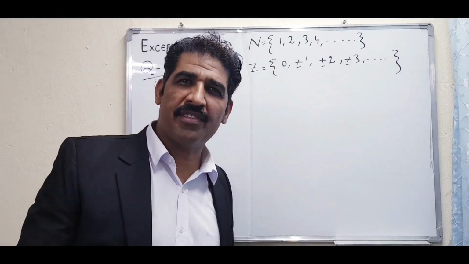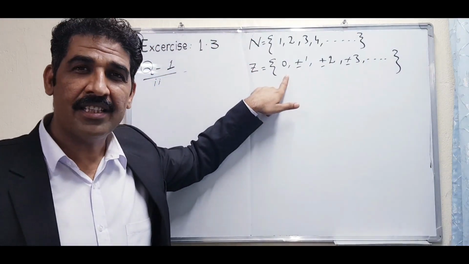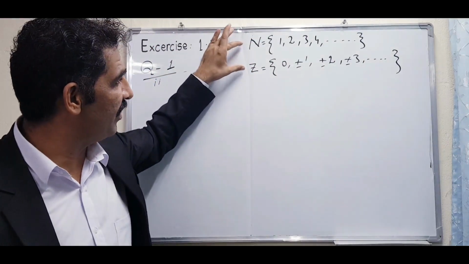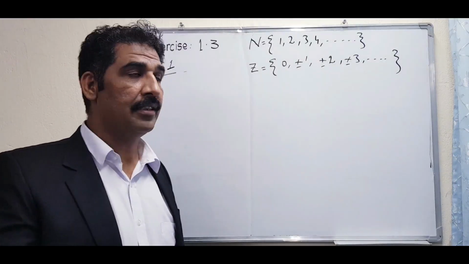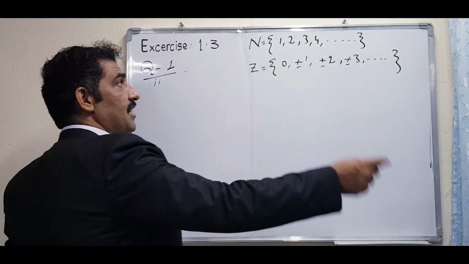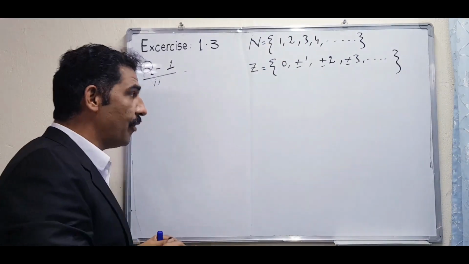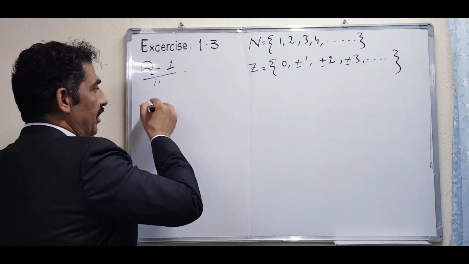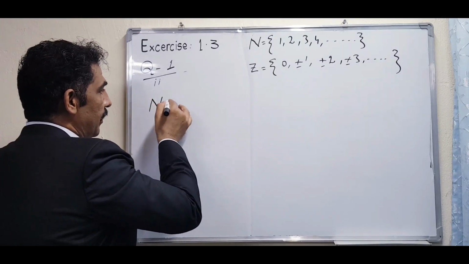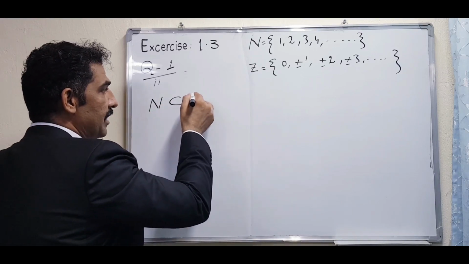So such a set has all its elements present in set Z. So what is the relation between these two sets? Can anybody give me the answer to that one? Right, good. It is called a subset. So N is a subset of Z, and mathematically we write it like that. This is the sign of subset. N is a subset of Z.